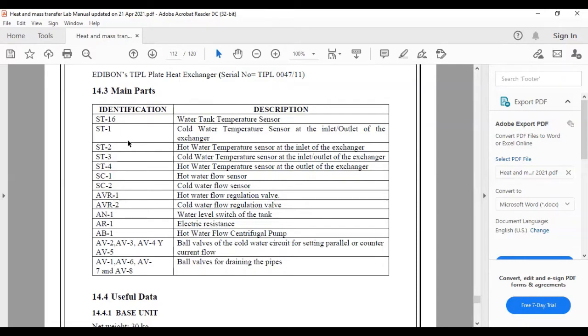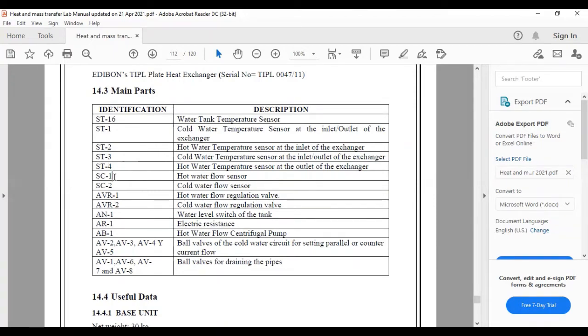If you use the parallel flow heat exchanger, then the inlet and exit of cold water will be one way. But if you convert it into anti-parallel, then you will have to swap the inlet and exit with each other. The inlet and exit of hot water flow do not change. ST2 represents the hot water inlet, and ST4 represents the hot water exit. So the inlet and exit of hot water flow remain the same, whether it is parallel or anti-parallel flow, but for cold water it will be reversed.